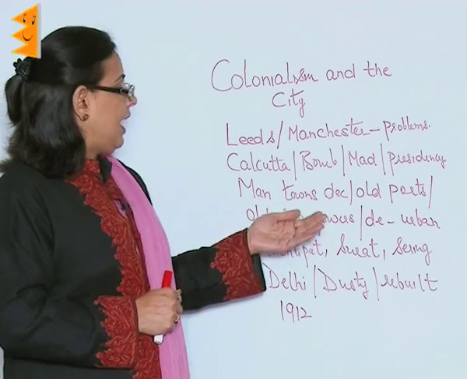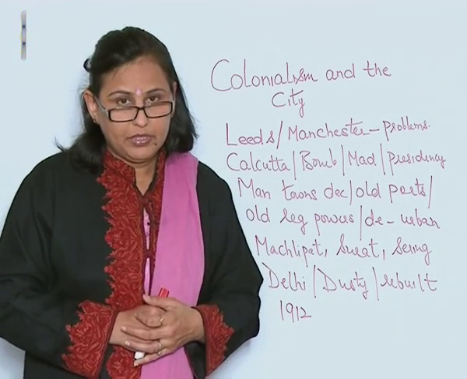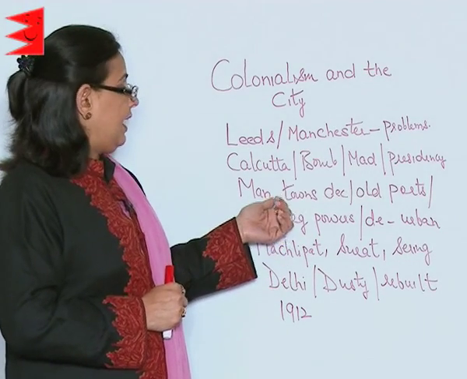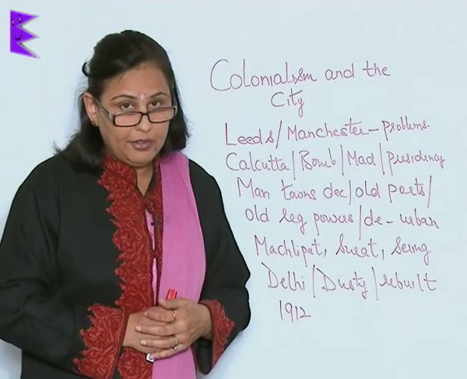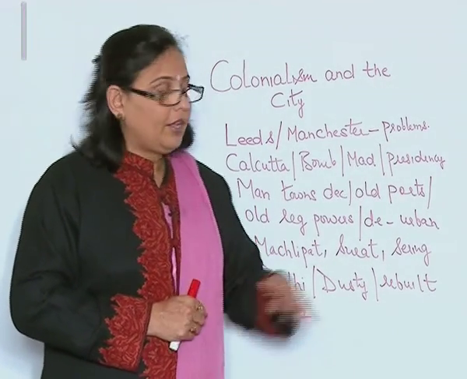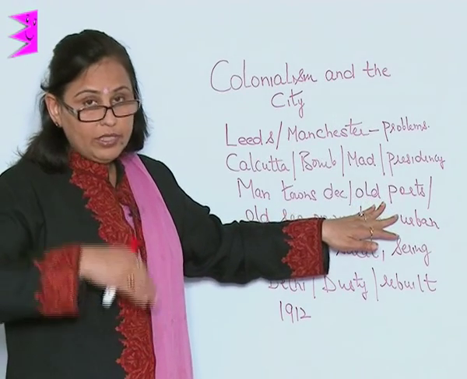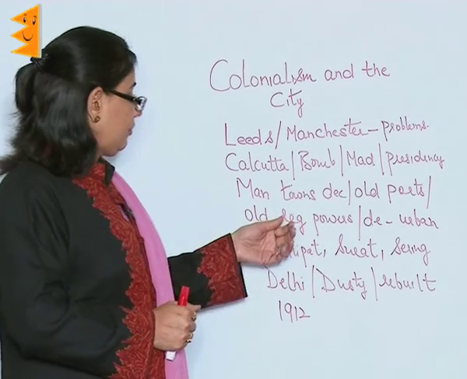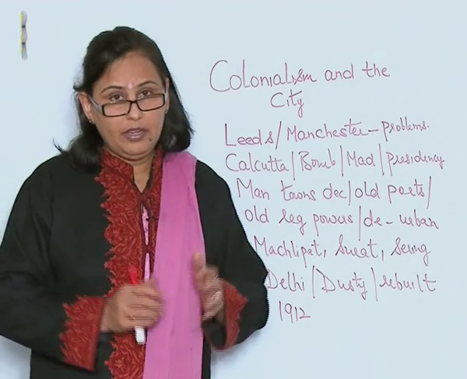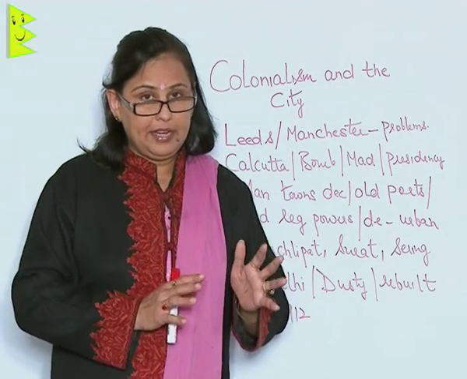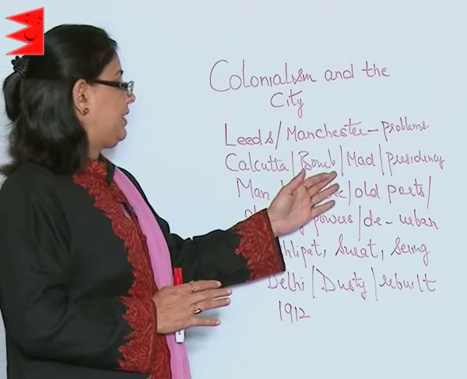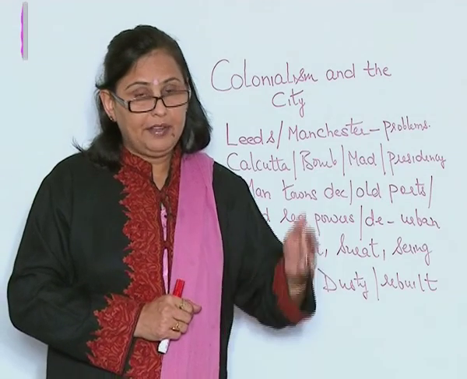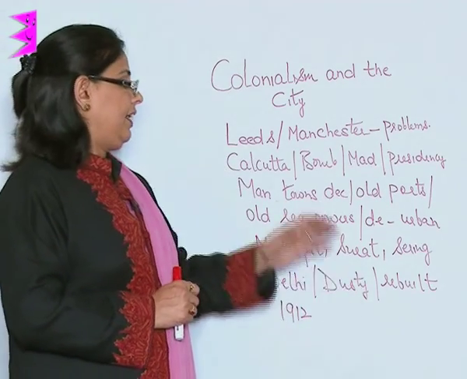Later on we see that many towns in India started declining. This decline of towns occurred due to various reasons. Old port towns now started declining because the Britishers looked for new ports. We see that the old regional centers of power started declining because the Britishers made the presidency towns. And these towns which started declining are termed in history as